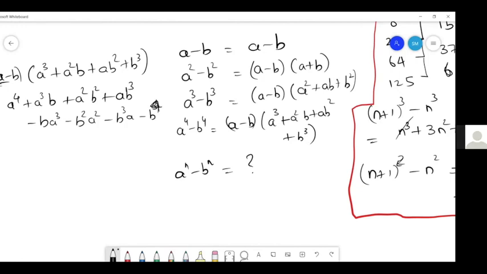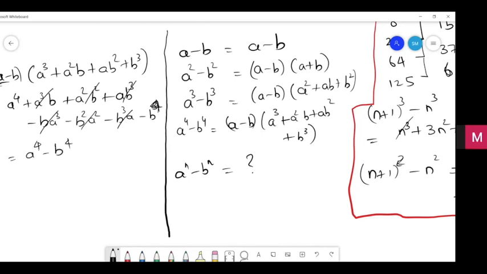This is looking like a binomial expansion, right? Oh yeah, here it's cancelling. Why are you saying it's not cancelling? So a raised to 4 minus b raised to 4. No, I just multiplied b only with b. It is correct, right? Yeah, that's correct. So it is correct, na? Arey wow, I guessed right. Wow, I'm feeling so proud of myself. See, I guessed right.